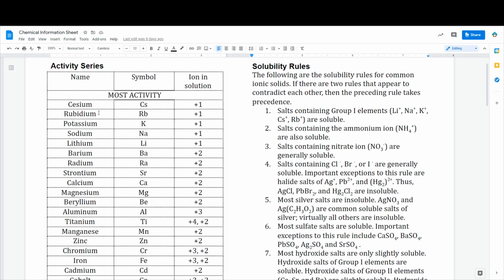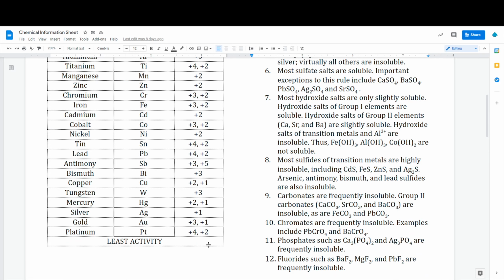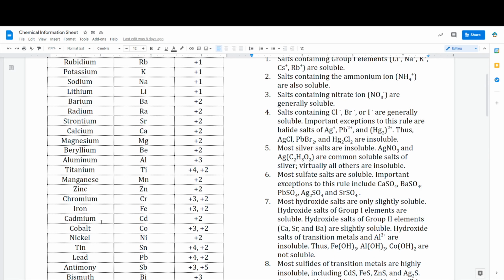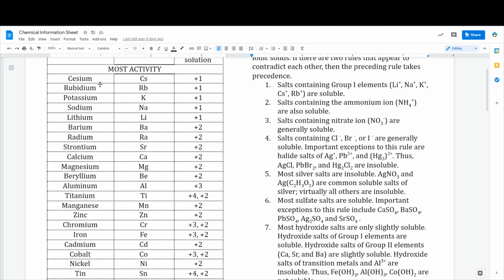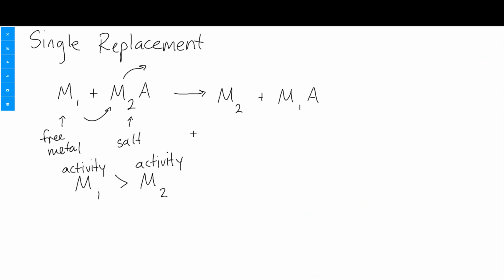Elements at the top of the activity series are more active than elements at the bottom of the activity series. Okay. So free metals, such as cesium, rubidium, potassium, they have the ability to replace ions in solution. Okay? And so you need to figure out, all right, what's the free metal and what is it replacing? Okay? So for example,